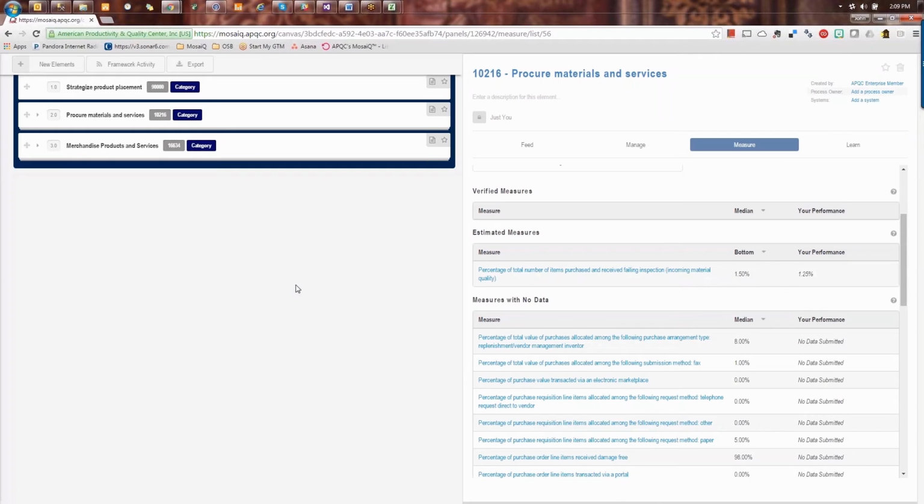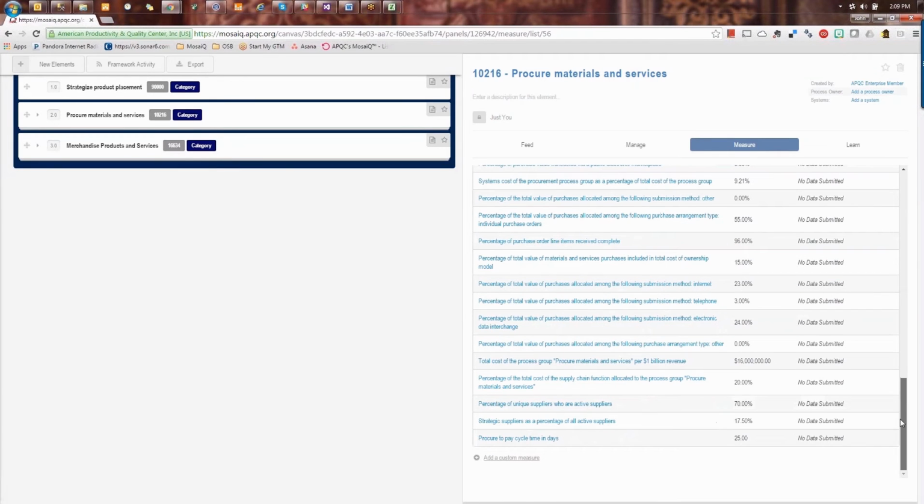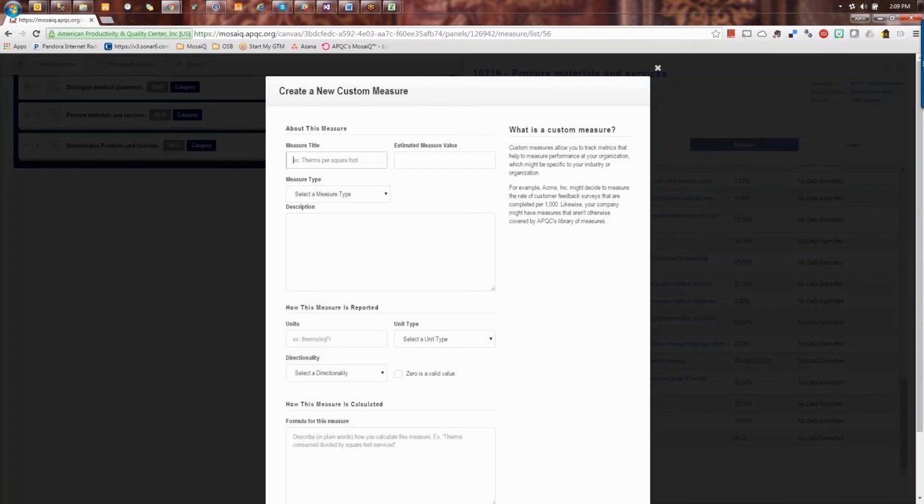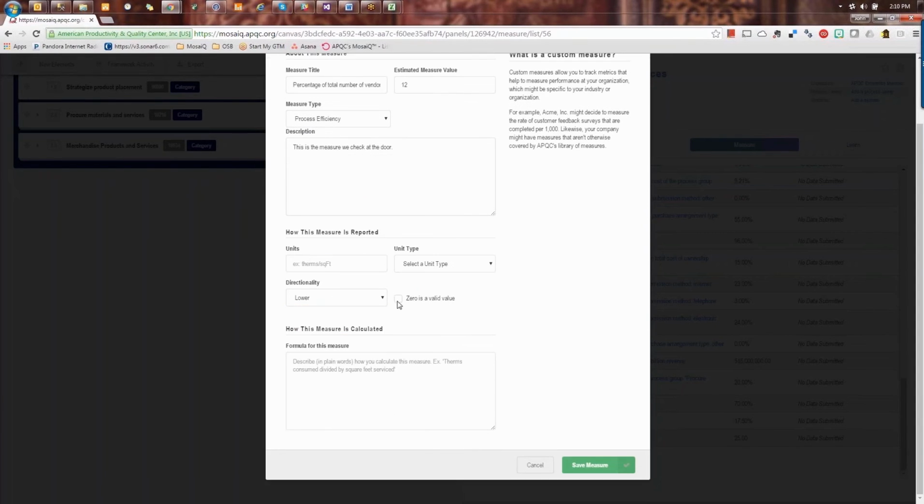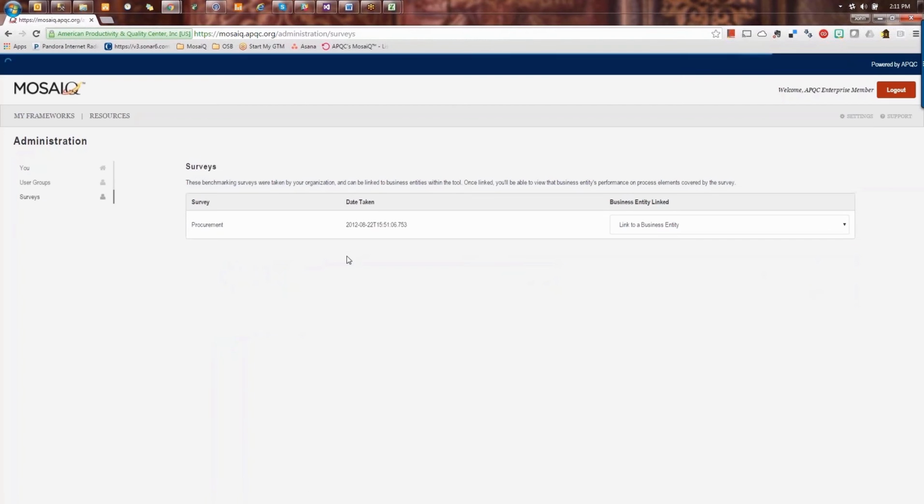performers for this measure. In addition to the provided APQC measures, MosaiQ also allows you to create your own. To do this, click on the Add a Custom Measure link and enter the required details. Custom measures are helpful when you have custom elements or when APQC doesn't have a measure for the process element you're working with. To associate an open standards benchmarking assessment with one of your business entities, go to Surveys under